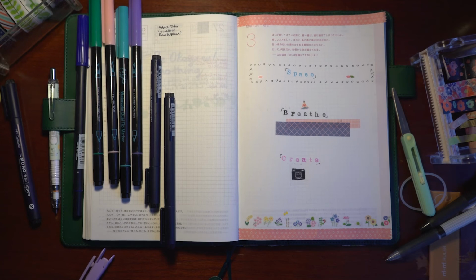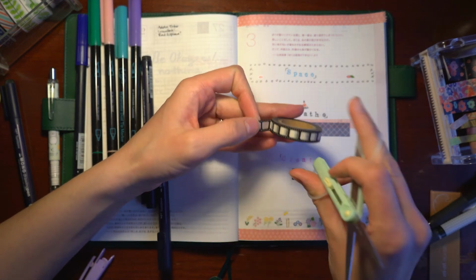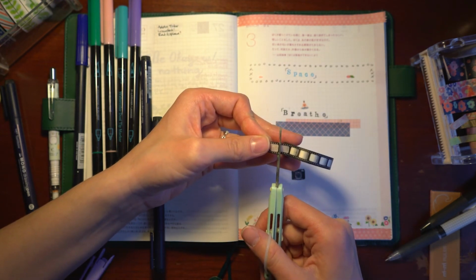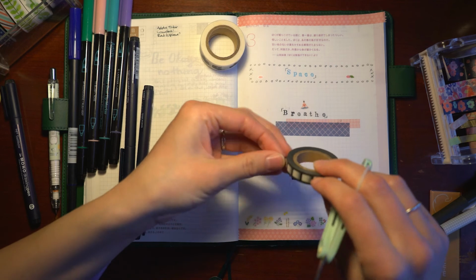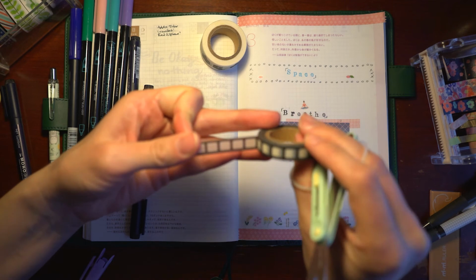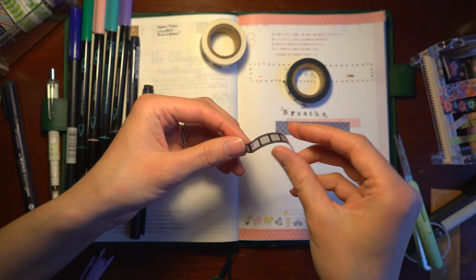And for create, maybe I do have this washi tape that went along with it as well. This part's not really sticky, so cut that off. So this washi tape came with the other camera one in a set. So maybe, I don't know. Let's see what I can do here. Almost like I'm cutting real film. Not really, but